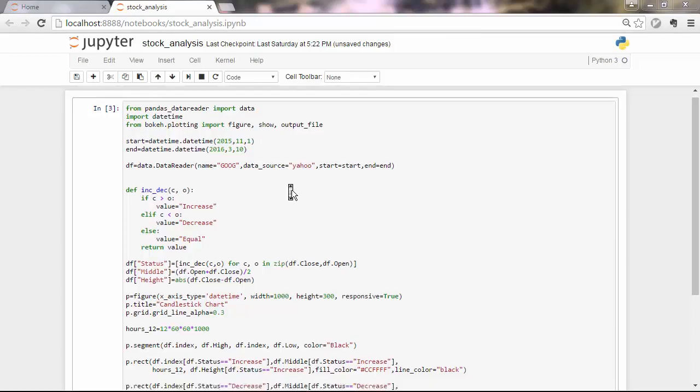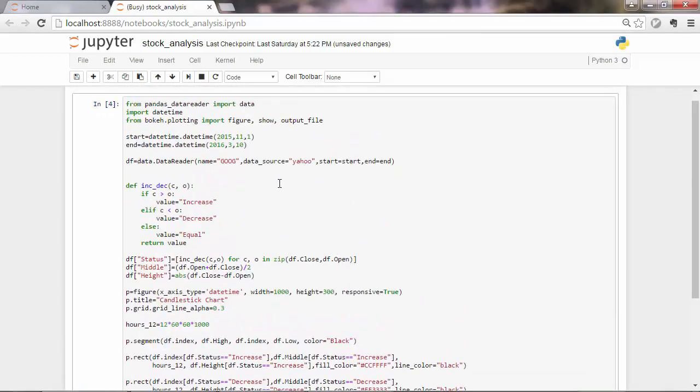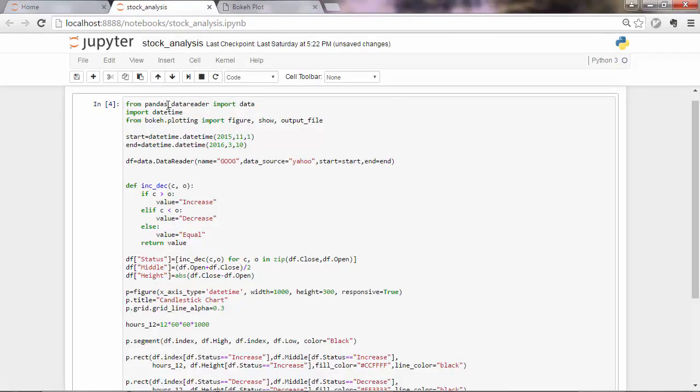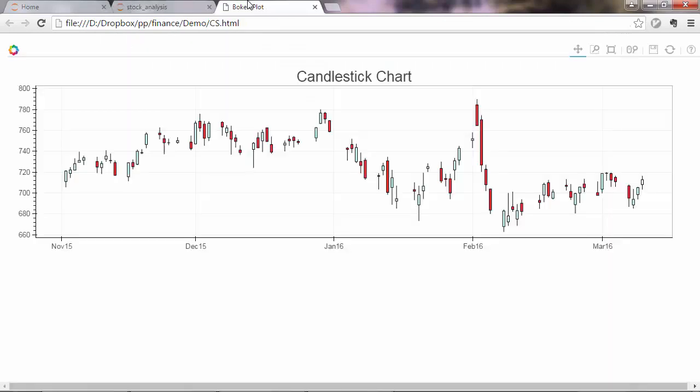Hey, hello again. So we were able to build this bokeh chart, which is a candlestick chart, and we were able to get data from the pandas data reader library. And so the final product is an HTML file. Now, if this output is enough for you,